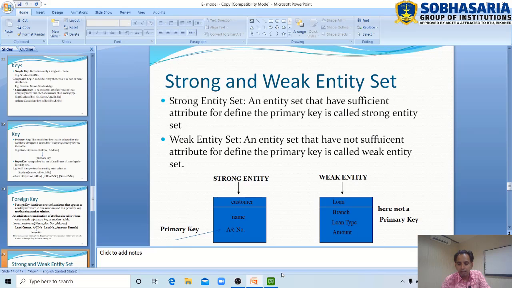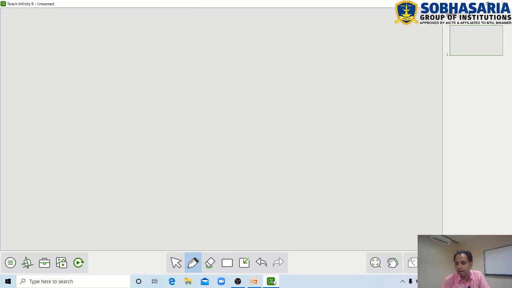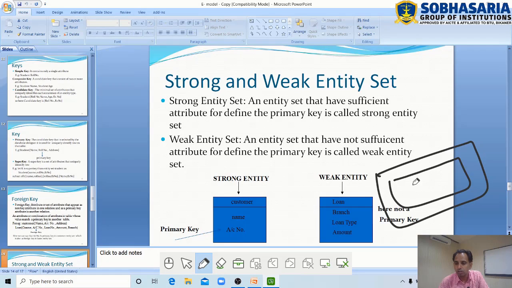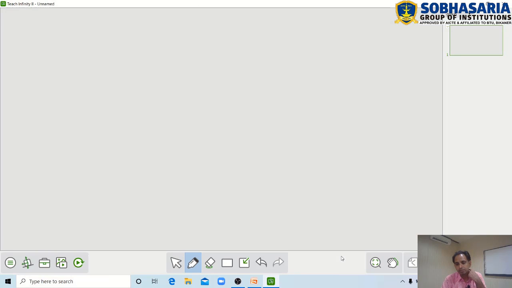In the ER diagram, the weak entity set is represented by a double ellipse. Here loan is a weak entity set, whereas a single rectangle is called a strong entity set.